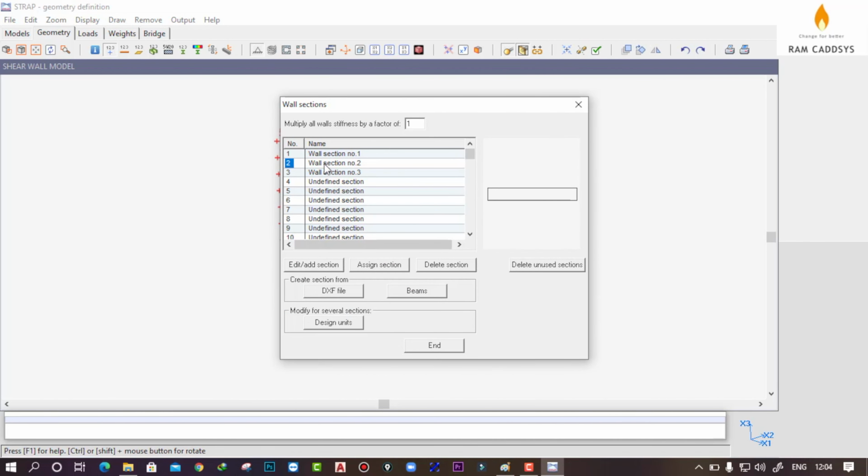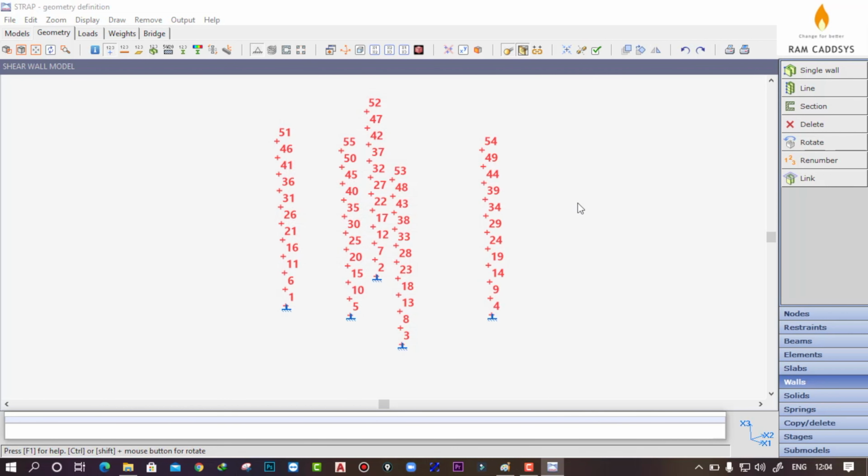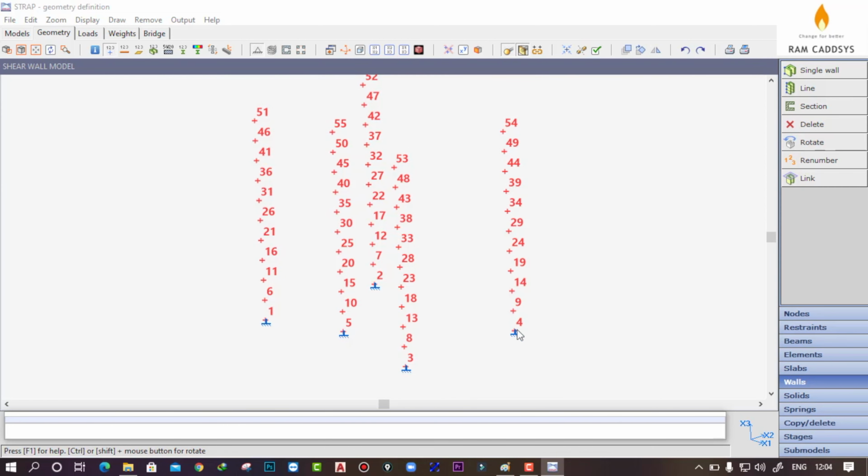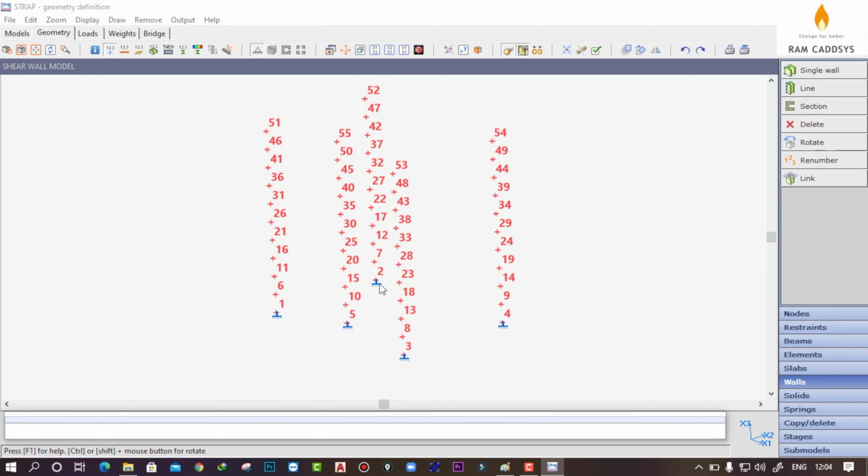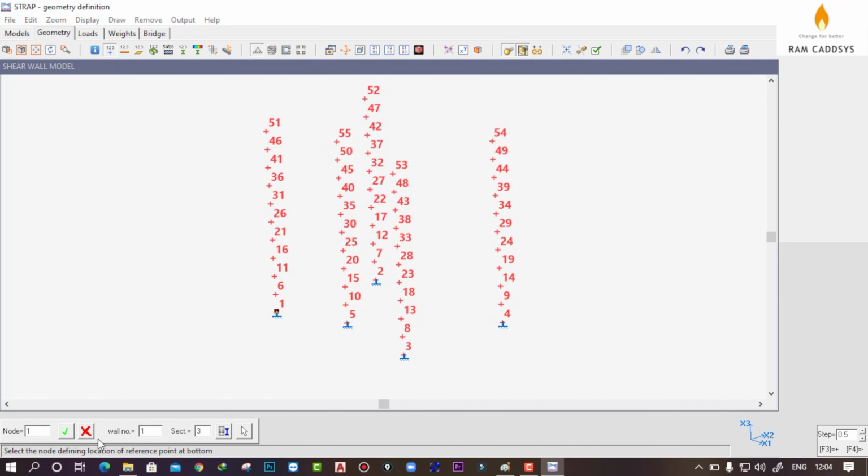The second wall section is the line one particular direction, and the third wall section is our core wall. Now click on end. So it is clear that in this second and fourth node we want our first wall section. So click on line here and provide this section number as 1.